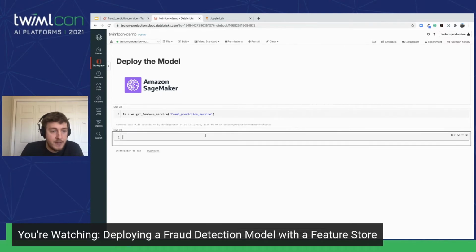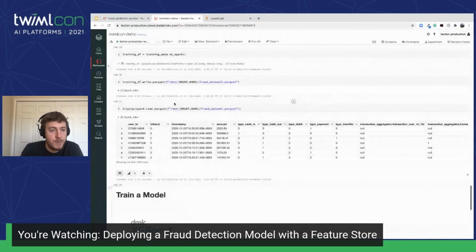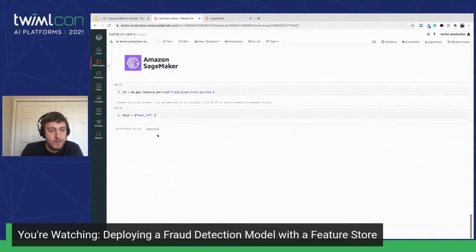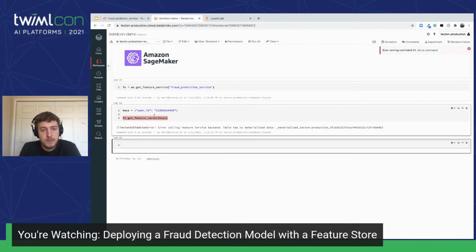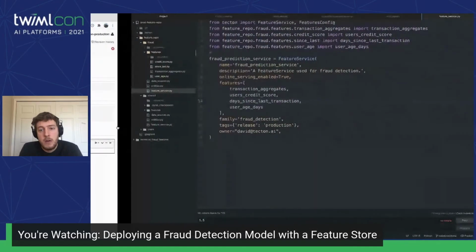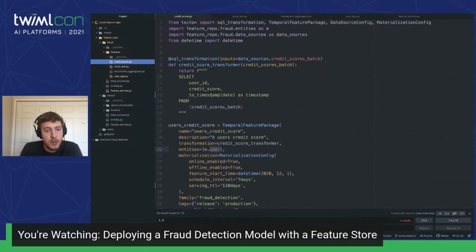So we have that feature service, and then we're going to build our keys, which are going to be user ID, and we'll just grab an arbitrary one to test this out. And then we can just do feature store get feature with these keys. Not sure which table is not validated. I think one change that I made, that I wonder if I had worked things before, is this. I don't think this is the issue, but